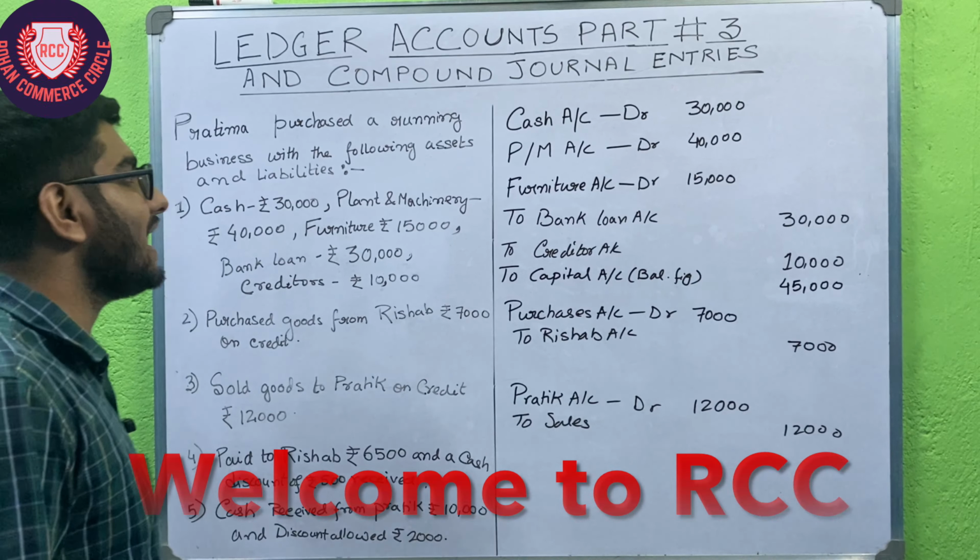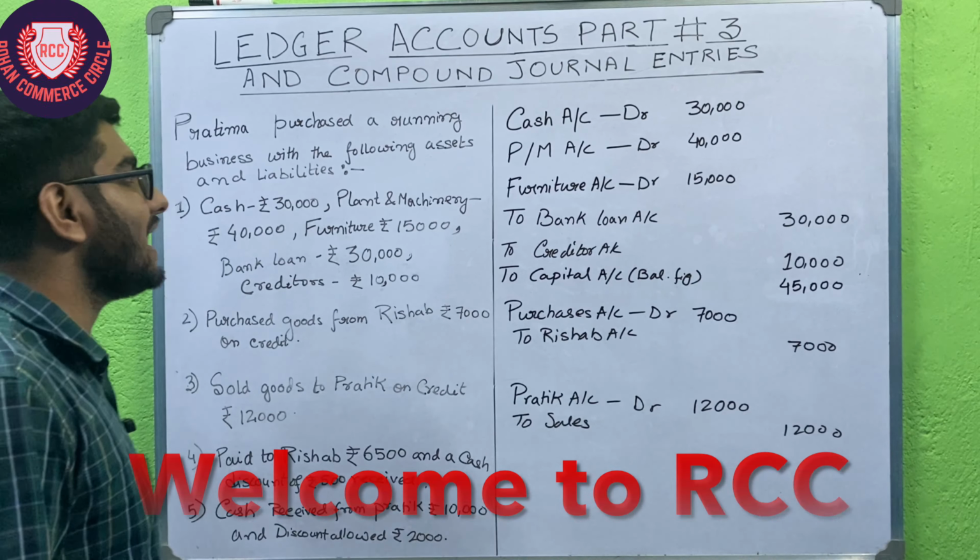Now to discount received, how much will be the amount? We owe rupees 7,000 to Rishabh, that means we have to pay rupees 7,000 to Rishabh, so that's why total liability is 7,000. But how much are we paying? We are paying rupees 6,500 cash, and we are getting a discount of 500, that's why 6,500 to cash and discount received 500 rupees. Okay, so I hope this part is clear to you. What is the next one?